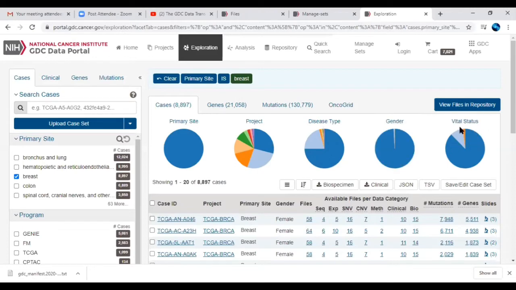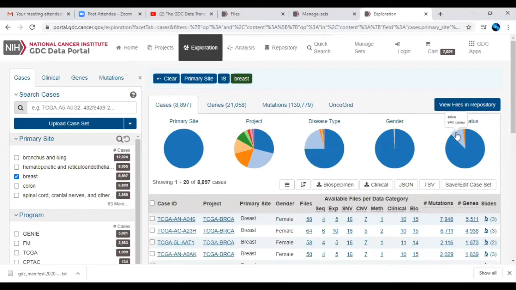And the vital status: they have studied how many cases have been registered by using different projects and different disease types, and which genders were affected. With respect to the vital status, if reported, which cases they have taken follow-up on, whether they are still alive or the death cases.